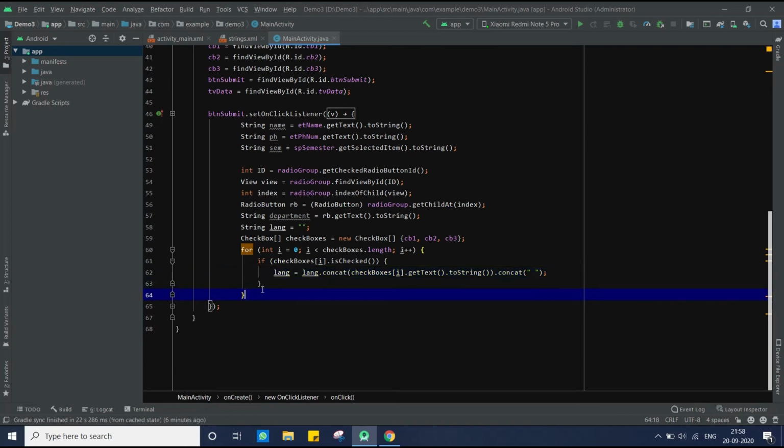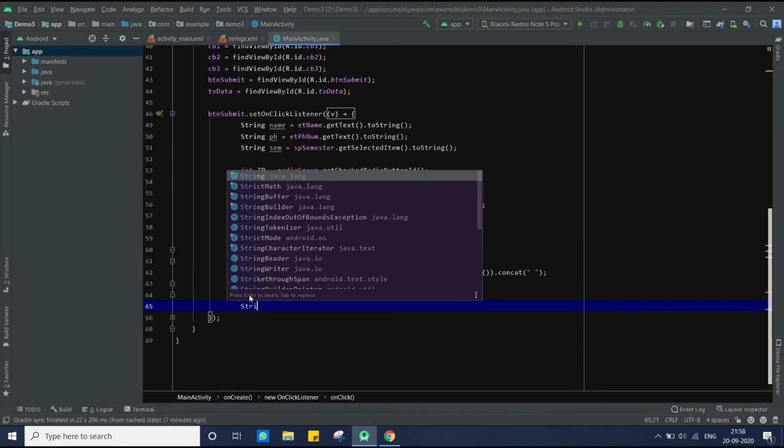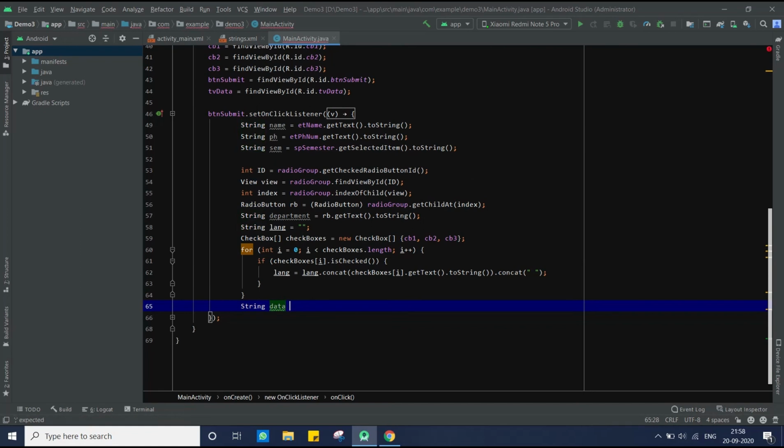You might be wondering why the for is highlighted with a yellow color. It shows that the for loop can be replaced with an enhanced for loop. So if I press Alt+Enter, it gets converted into an enhanced for loop. But you might not be aware of this, so just keep it a simple for loop. Now take a string data where we'll format our data. This data will display in the edit text.